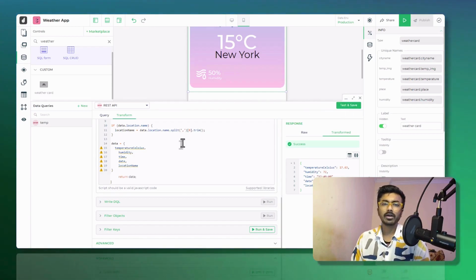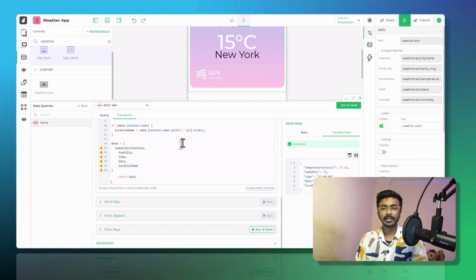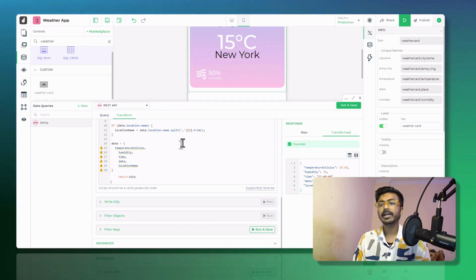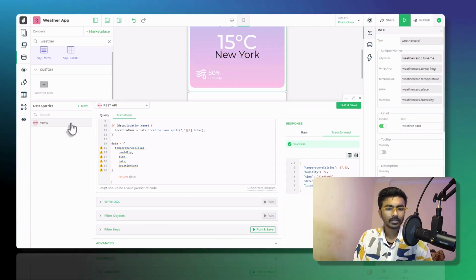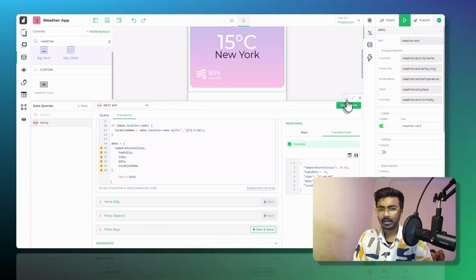But I want to provide it some customization and some more tweaks, like the location at the start. I'm giving it a static value, but what if the person writes the location, like if someone is from New York or someone is from another part of the country? So for that, I'll do